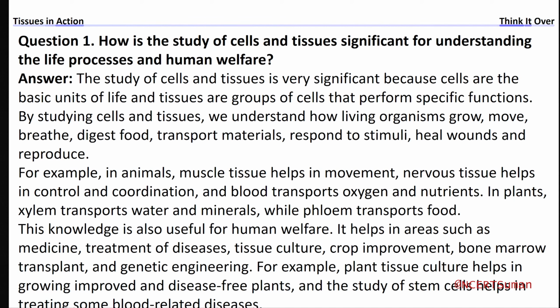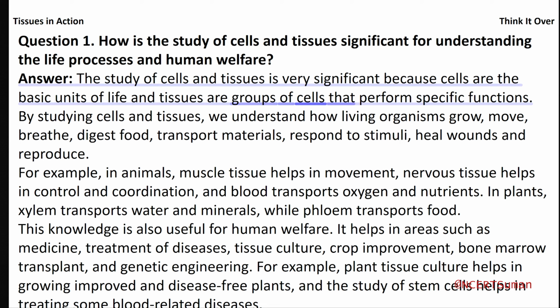Tissues in action. Think it over. Question 1. How is the study of cells and tissues significant for understanding the life processes and human welfare? Answer. The study of cells and tissues is very significant because cells are the basic units of life and tissues